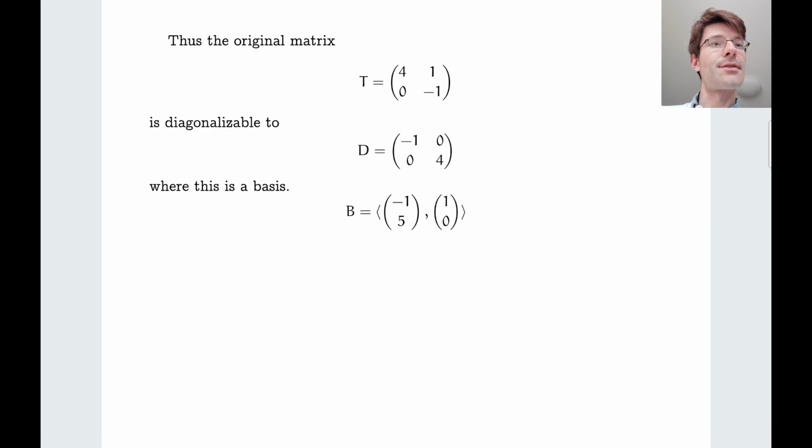And then here we go. So we have now found that the original matrix, which was not diagonal, is diagonalizable to D. So it's similar to this diagonal matrix, and that would be the basis